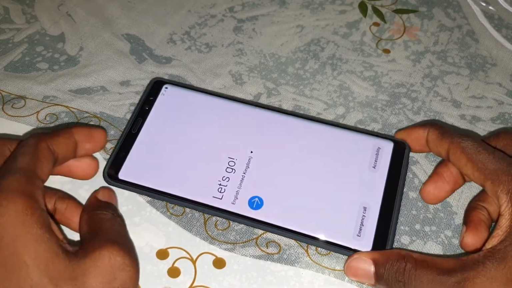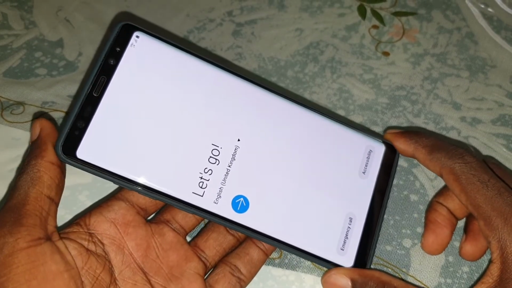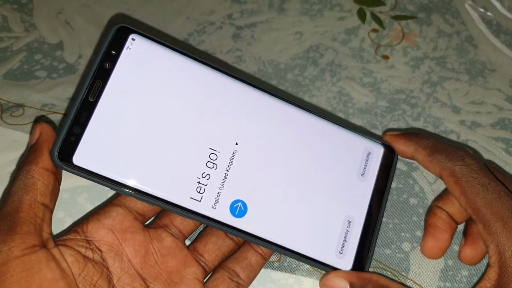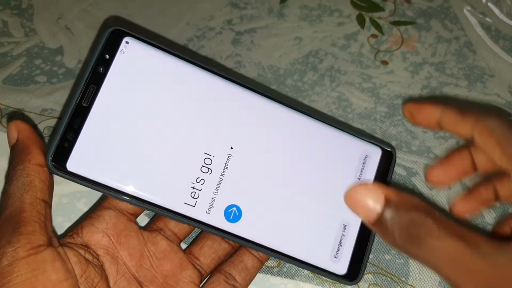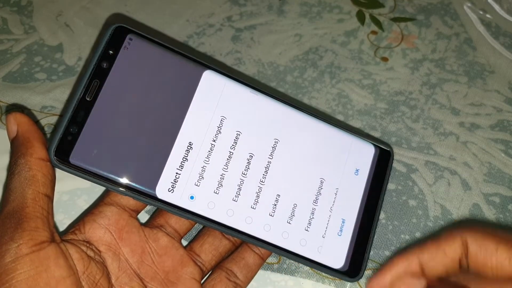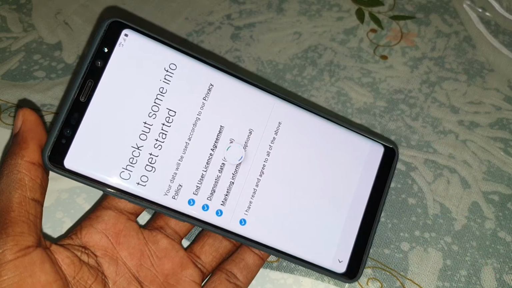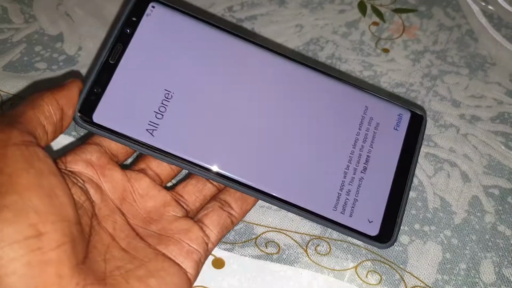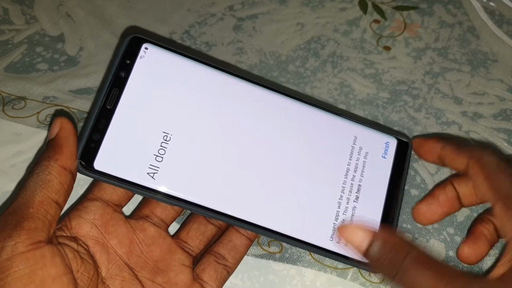Now you are welcome to your phone, and the configuration can start right now. You can choose the language here and click on next. After this, configure your phone. Let me do this right now quickly. As you see, all done. Now click on finish.